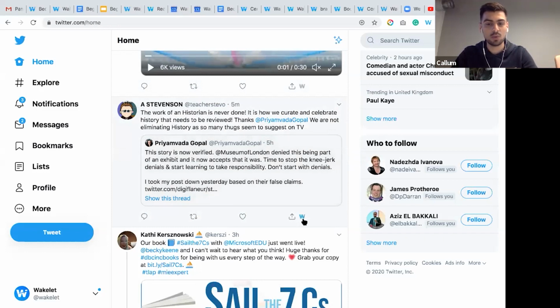But for example, if I see this tweet right here, and I want to save this, all I have to do is hit the Wakelet W, and you'll see, if you can see this on screen, there's a little W next to this share to button. And this automatically appears as soon as you download the extension. So if I hit this W now,